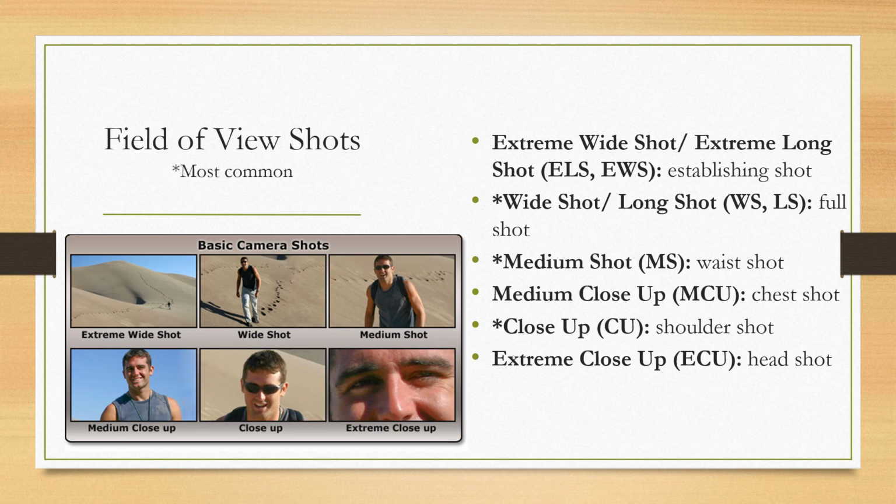Then we have our medium shot, also called a waist shot. So it's from the waist up to the top of the head. Here we're getting in even closer, getting to know our subject. We might close up even more as maybe we get more in depth in the story, and we do a chest shot. So it's from the chest to the top of the head. Again, we could even zoom in more for a close-up, really on the person's face, and really, again, called a shoulder shot, now getting mostly their emotions and just the top of their shoulders.